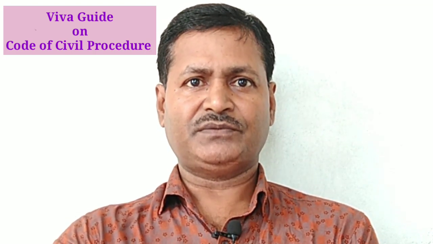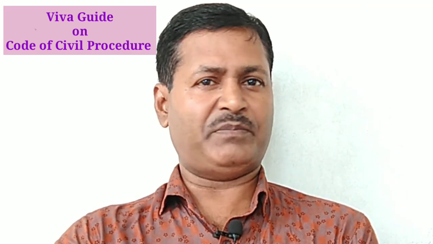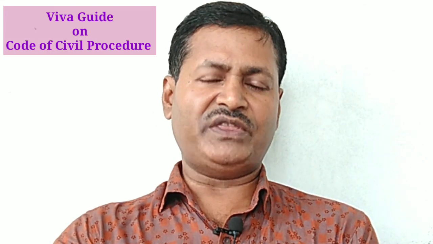Question. Discuss attachment before judgment. Answer. According to Order 38, Rule 5 of the Code of Civil Procedure, where at any stage of the suit the court is satisfied by affidavit or otherwise that the defendant, with intent to obstruct or delay the execution of any decree that may be passed against him, (A) is about to dispose of the whole or any part of his property, or (B) is about to remove the whole or any part of his property from the local limits of the jurisdiction of the court, the court may direct the defendant within a time to be fixed by it